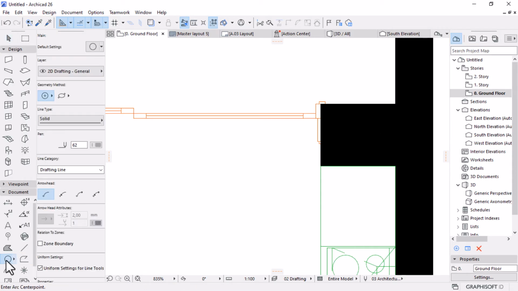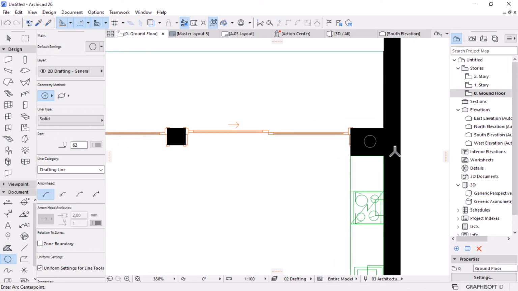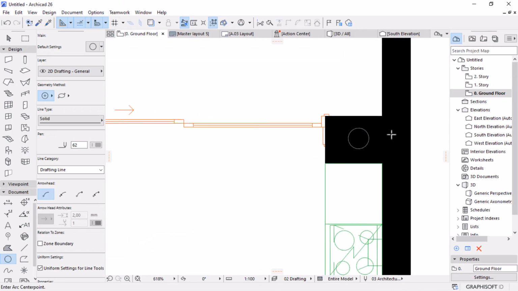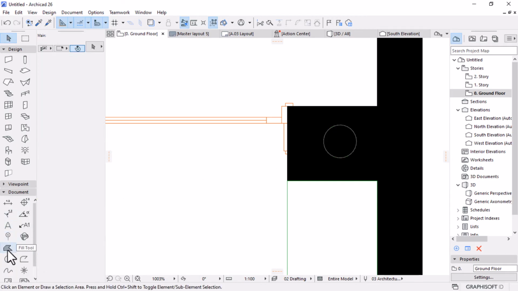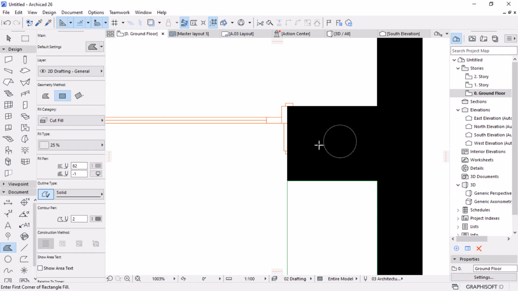So what I need to do is to create a duct here. I can just represent it with a circle, with the circle tool. It will just have a pipe that will run here, a pipe of around 110, something like this. But it has to be filled with white so that it can represent a hole. So I'll pick a fill tool and then hold spacebar on your keyboard, and then place this fill on top of the